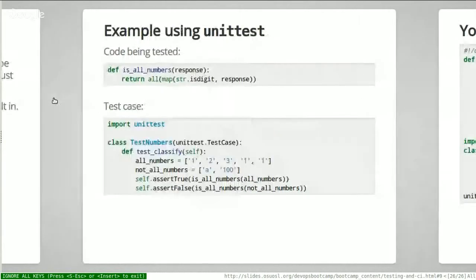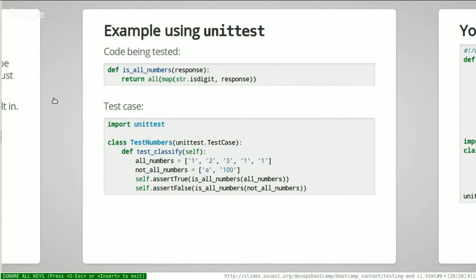So this is what an example test using unittest looks like. So we have the function at the top, all_numbers, which is a little confusing. It takes all numbers in the response. It uses the map function to say for every thing in response, pass it to string.isdigit, and then return if all of these are true. So you can see in this unit test case down at the bottom half,